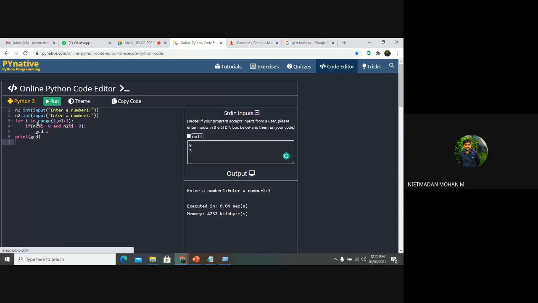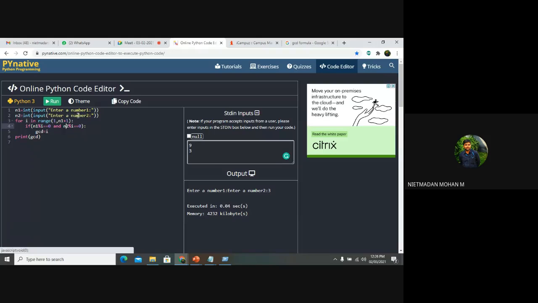Okay. So if you are giving n1 divided by i is equal to 0, yes, fine, good. So here we are using a function, not a program function also comes for us. Whatever number you are giving, the common divisible number will be increased one by one, and it will check whether the remainder is 0. If both conditions are true, it will produce the result as the GCD.